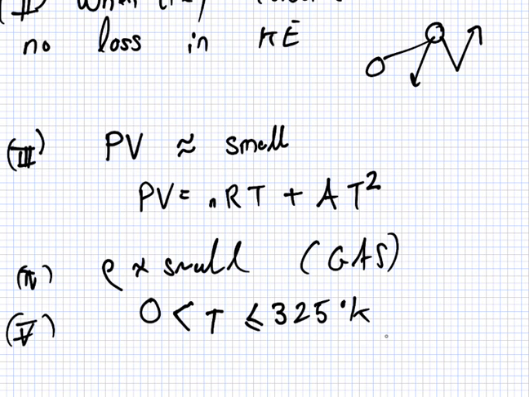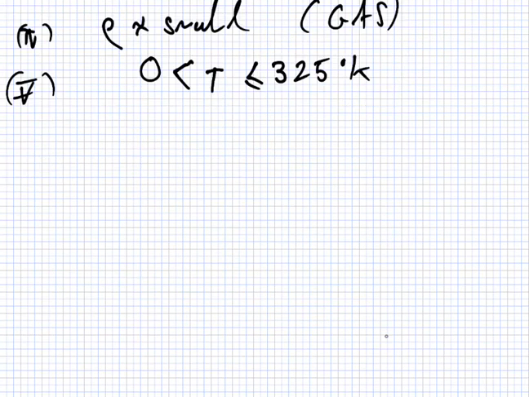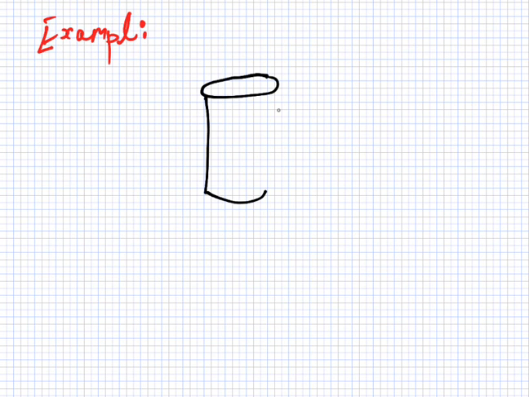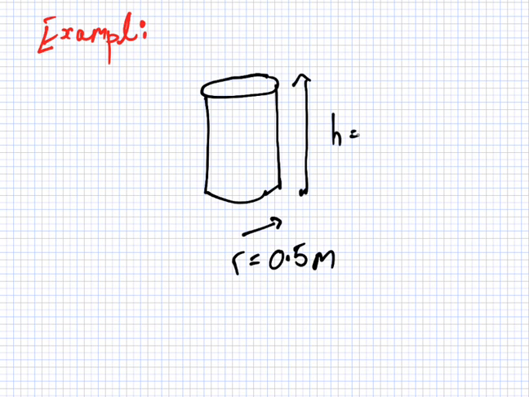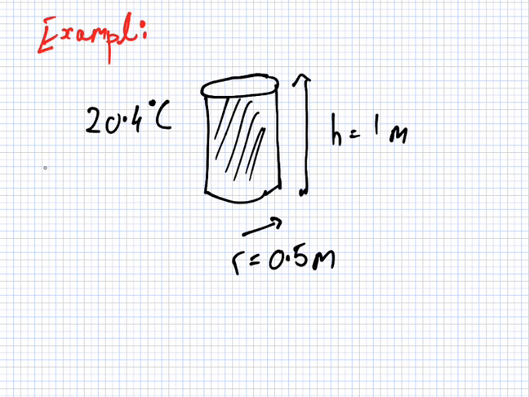Okay, let's have a look at some examples. Can I scroll down? Yep, okay. So we have a tank, and let me give you the radius here. We'll say the radius is 0.5 meter and the height is 1 meter. We put a gas inside here at a temperature of 20.4 Celsius. And we'll say that the pressure in the tank